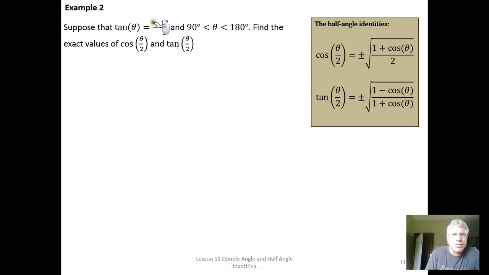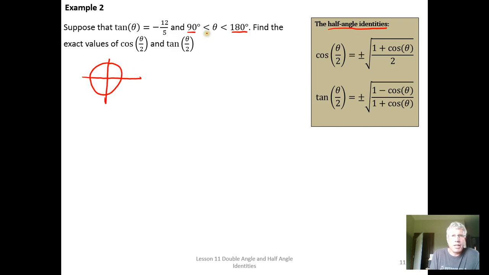So our second example, we want to calculate the cosine of theta over 2 and the tangent of theta over 2, so we're using half angle identities to do that. These are the two relevant half angle identities. And we're given that the tangent of theta equals -12/5 and that theta is an angle between 90 and 180 degrees. So if we just draw this situation,